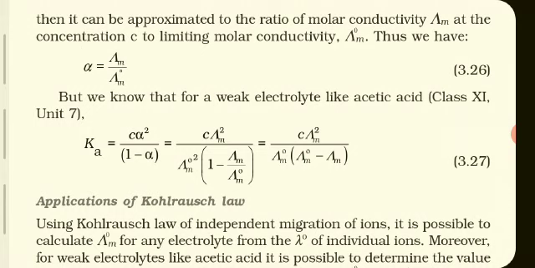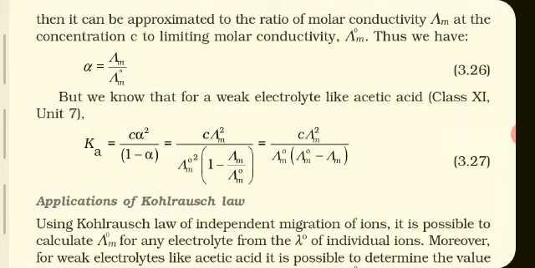limiting molar conductivity. But we know that for a weak electrolyte like acetic acid, dissociation constant Ka is equal to C alpha square divided by 1 minus alpha. So we'll keep C as it is, and in place of alpha we will write lambda m upon lambda m0. So in numerator, due to alpha square, it becomes lambda m square divided by lambda m0 square, and in bracket 1 minus, in place of alpha we will write lambda m upon lambda m0.